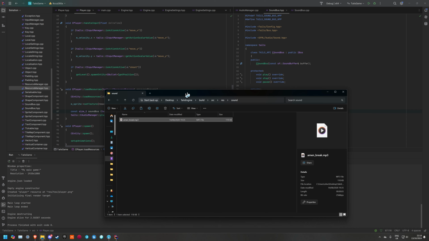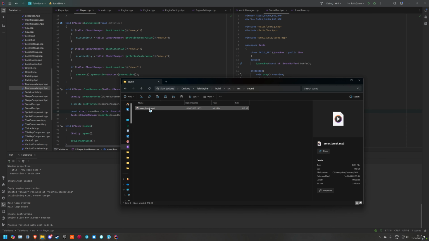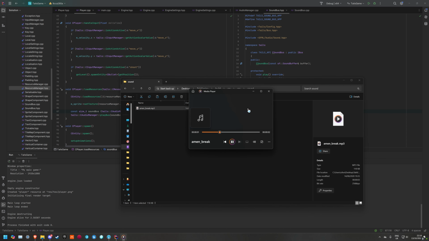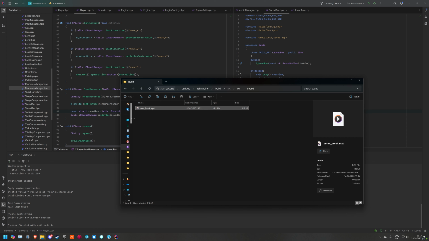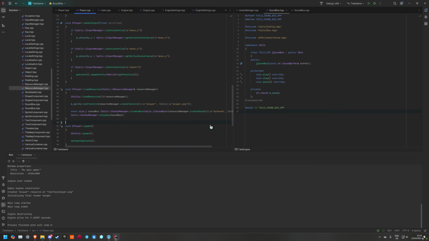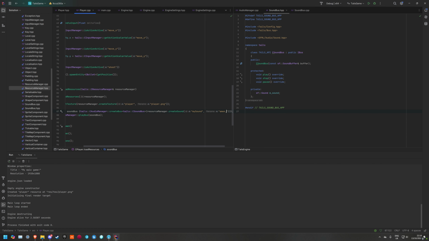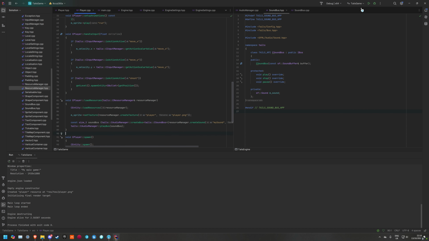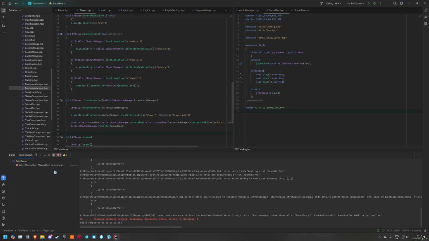Okay, so I have this MP3 of the aim and break. So we can just say arm and break MP3, and I do believe SFML supports MP3. So now if we run this, we should hear the arm and break playing, although this is